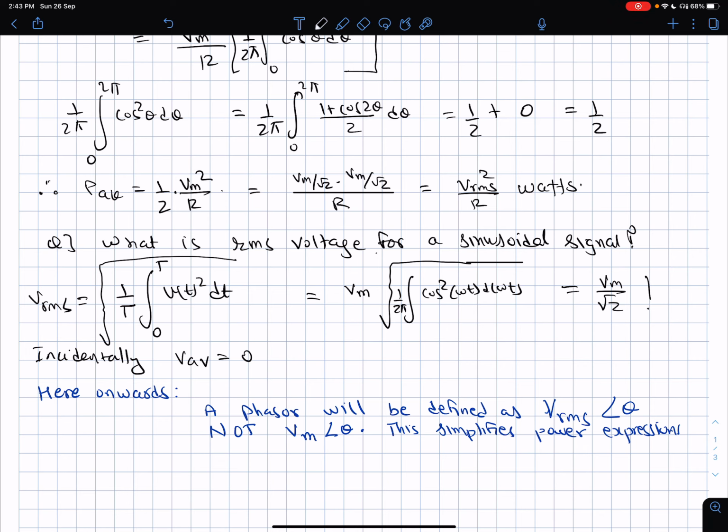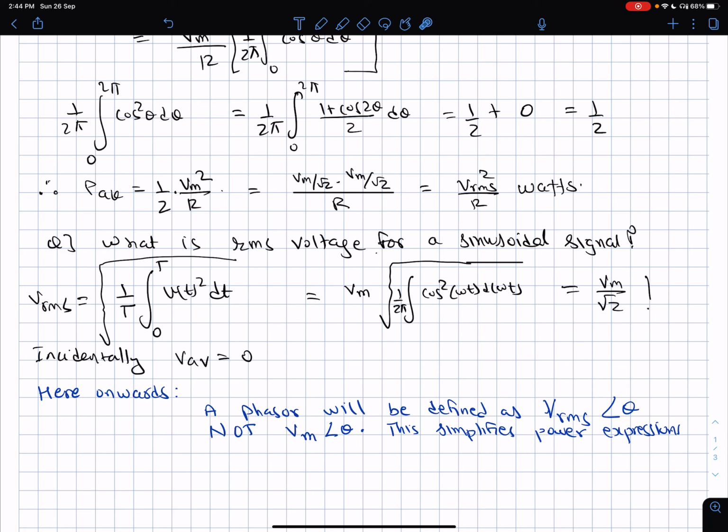Okay, now let's see what this RMS value is. So RMS stands for root mean square, which means that first you square the signal, so v square of t, then integrate it over the complete cycle, and then take its average. So that becomes the mean of the square. You should go backwards: it is now the mean of the square, and then you take the square root of it.